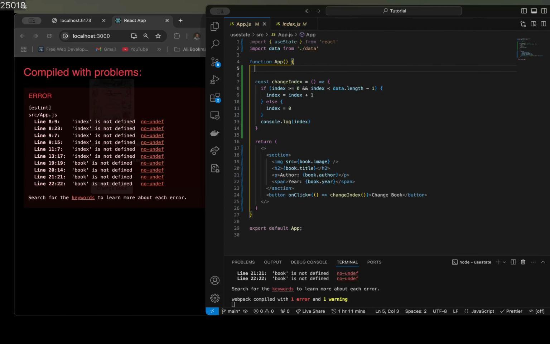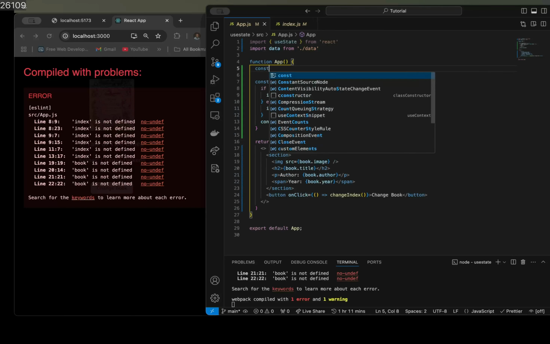One thing you should know about useState is that it's actually a React hook that returns an array with 2 items in it. The first item in the array represents your current state, and the second item is the function that allows you to change that state. Now I will destructure that array, and the way to do that is,